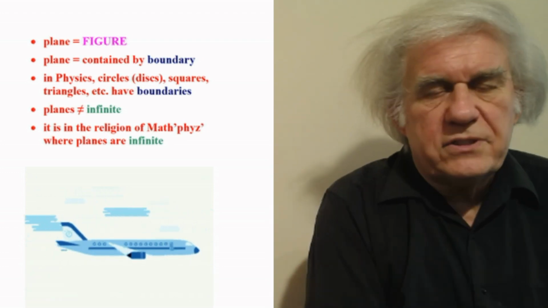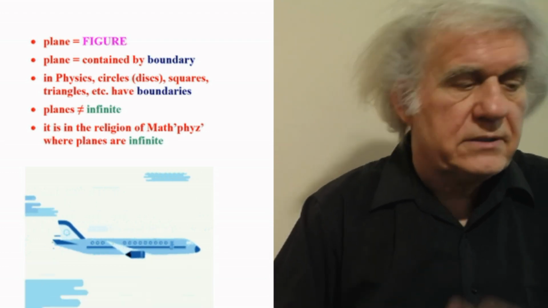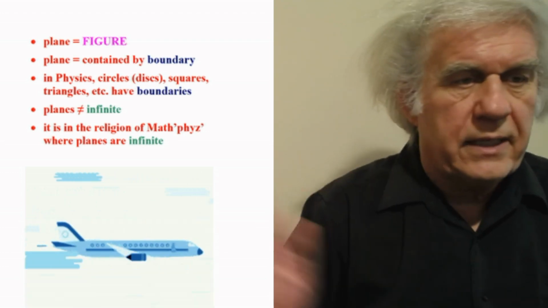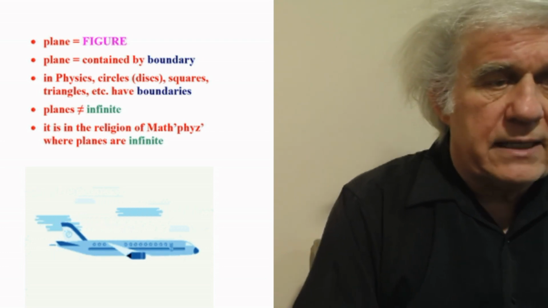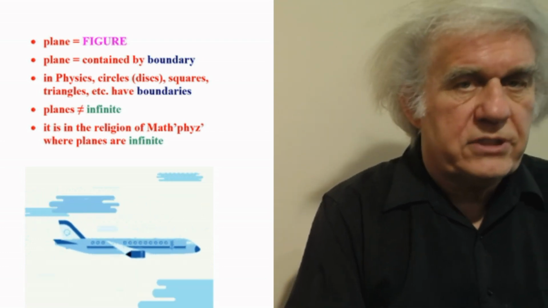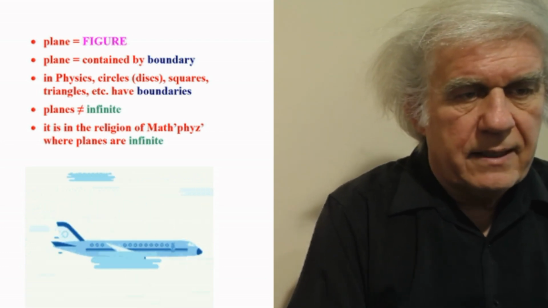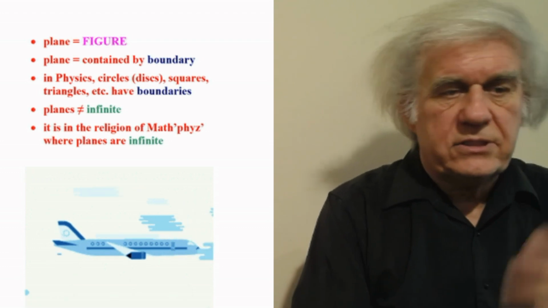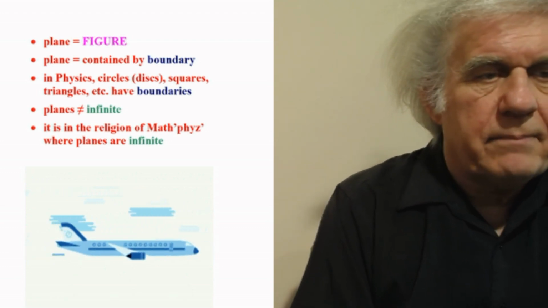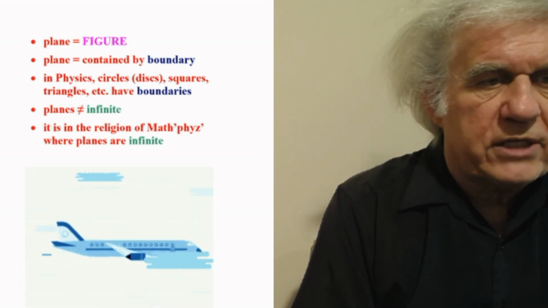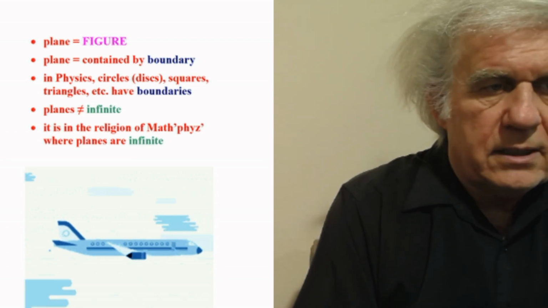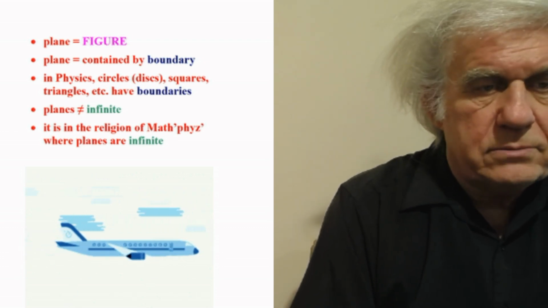In other words, they confused the math with physics. Physics is physics, math is math. Keep them separate. They never should be mixed. Okay? And so it was the religion of the mathematical physicists who merged math with physics. And what they're talking about is itinerary. They're not talking about a figure. And that's where the problem is. They're talking about trajectories, motion. And so unless you put it in the right context, you will not understand what these people are doing.